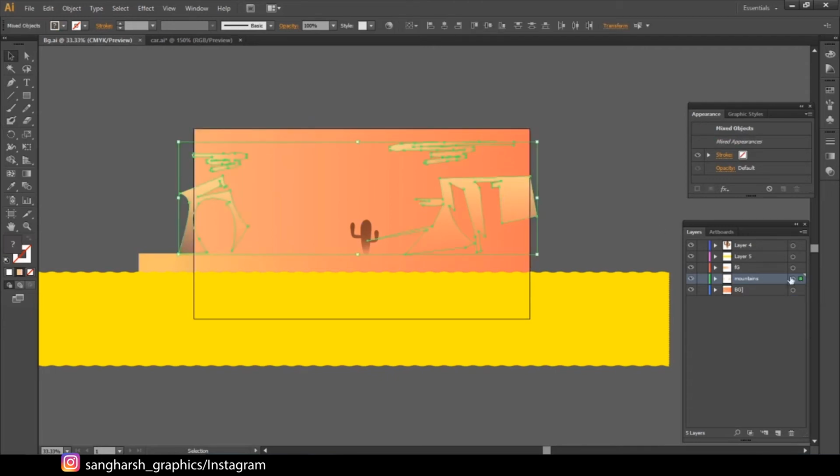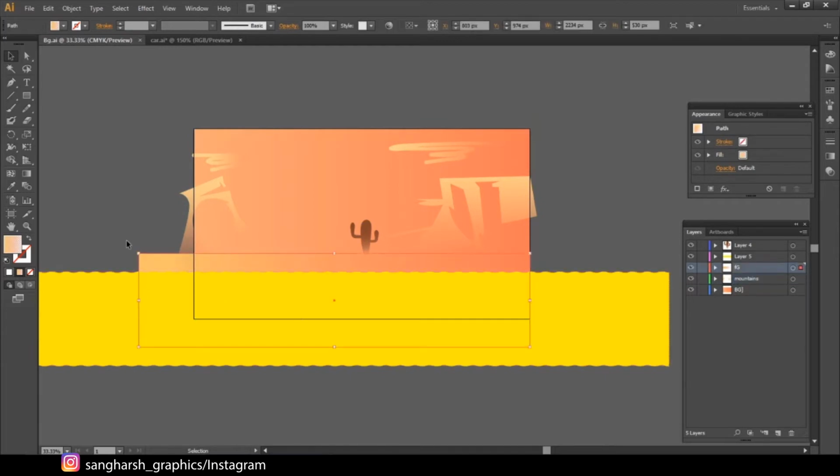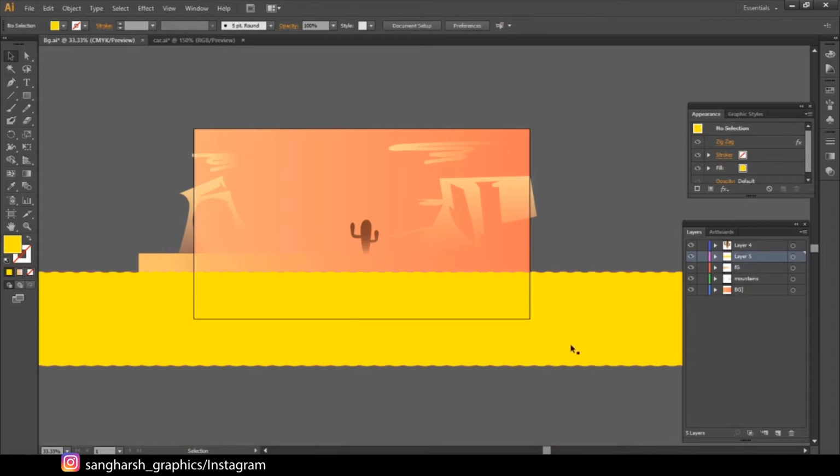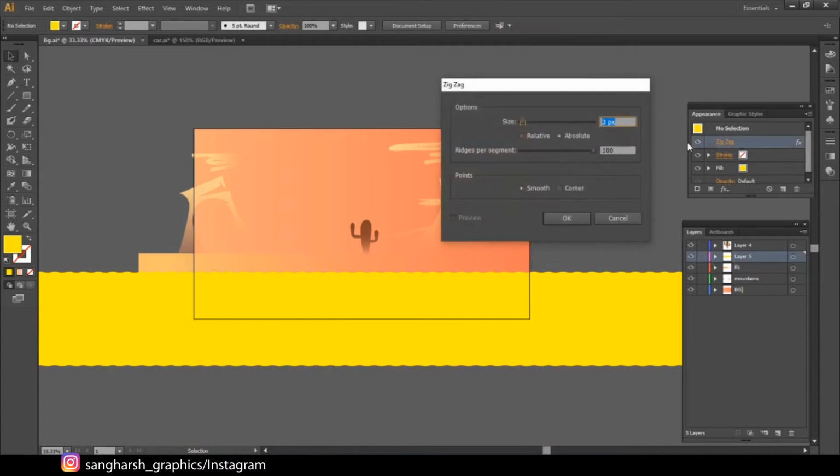Yeah, and I have just created the canvas size 1920 by 1080. Then I created a foreground layer, this, and I have also created this another square shape, and I have applied, as you can see, zigzag to it with 3 pixels of size and 100 ridges per segment.